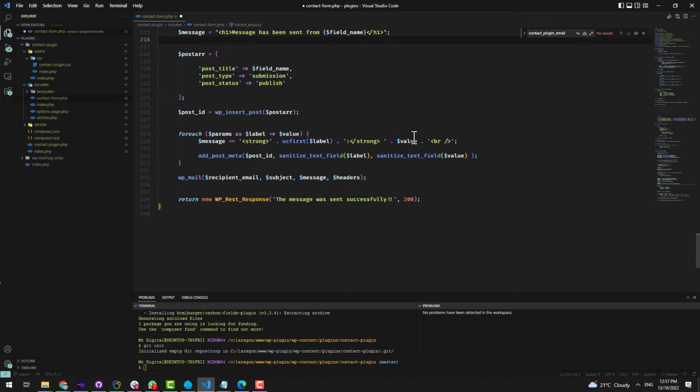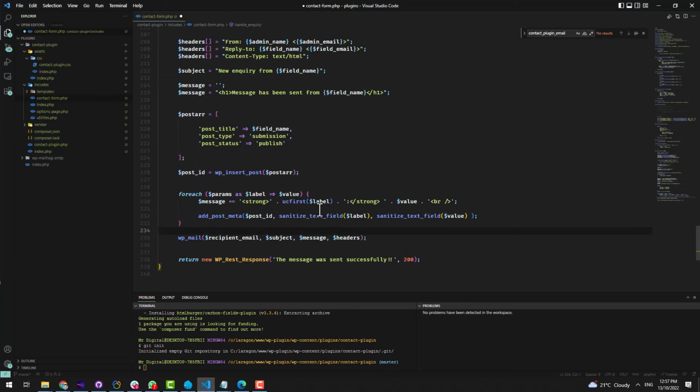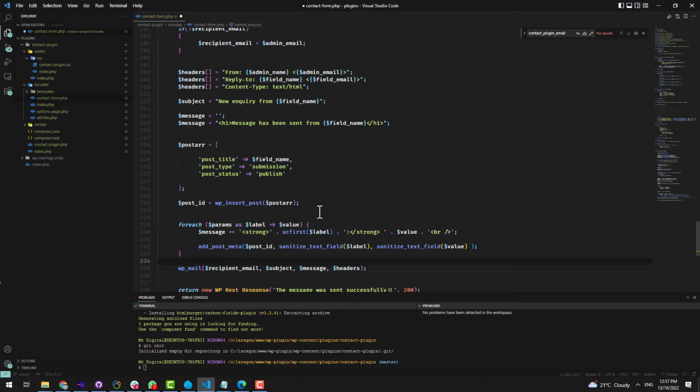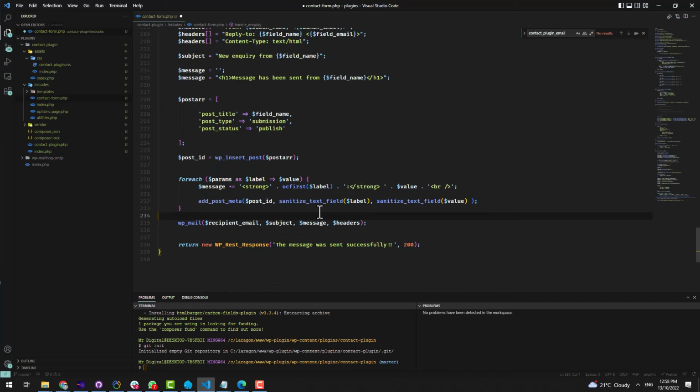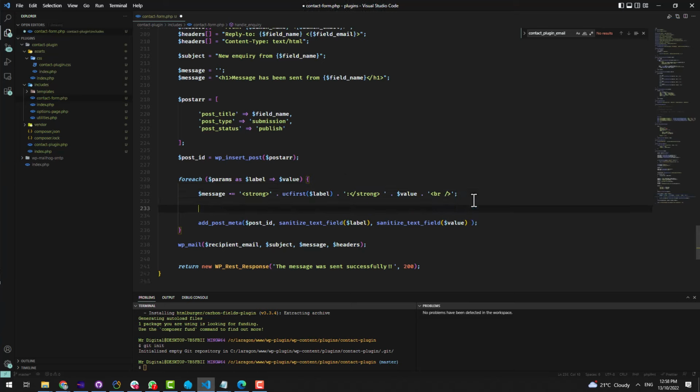We'll go down here and we have the parameters that are automatically saving into our database. So this is going to be a bit of a problem. We might have to save it manually. Alternatively, actually, no, that's no problem at all because we're doing the sanitizing here of the data, but because we're looping through the form data, it doesn't know whether it is a text area or not. So we could probably do a switch statement